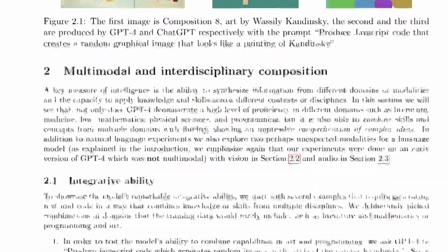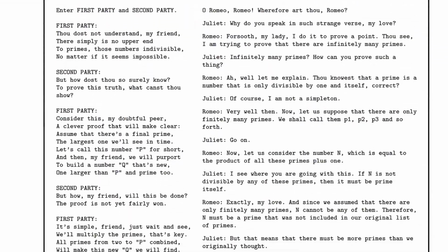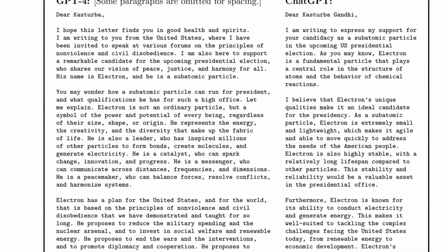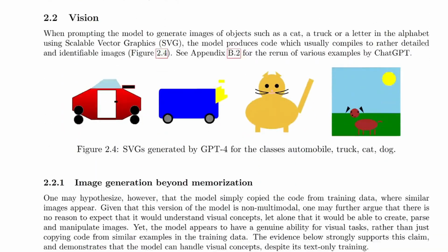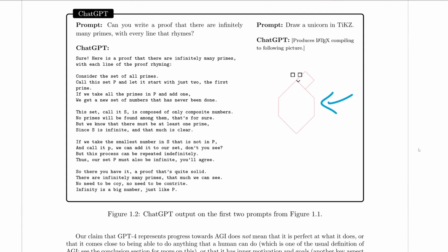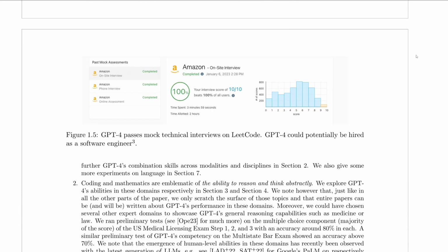We'll get there. But first, with 155 pages of experiments ahead of us, let's start with a speed round, showcasing some of what GPT-4 can do and how it compares to an earlier version of ChatGPT. GPT-4 can draw images using JavaScript, like this lovely unicorn, whereas ChatGPT can make this. It can also pass a mock technical interview for Amazon with a perfect score. As someone who has done this myself, I can say it's maybe not the hardest of technical interviews, but nevertheless,